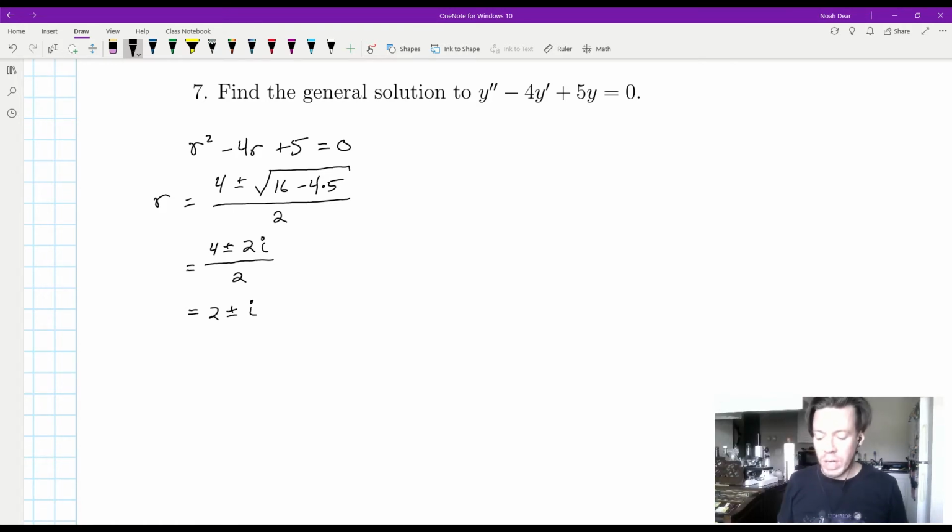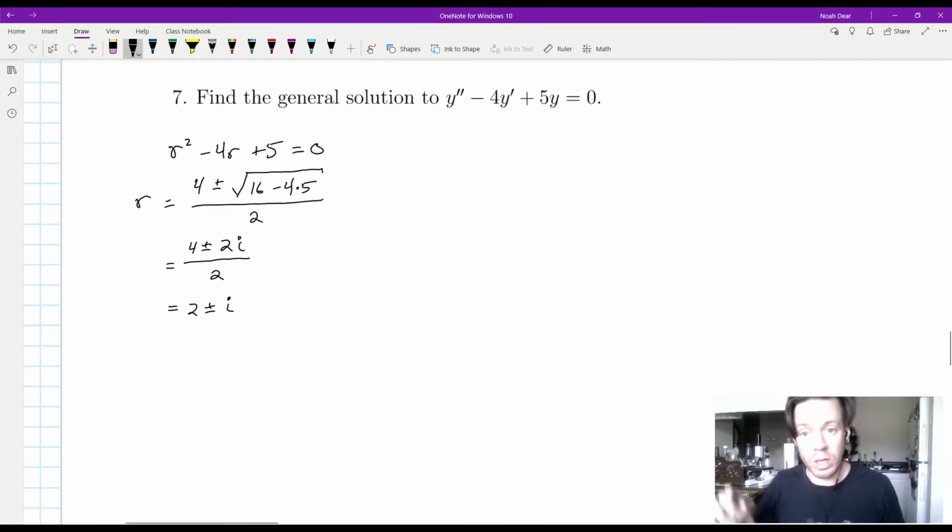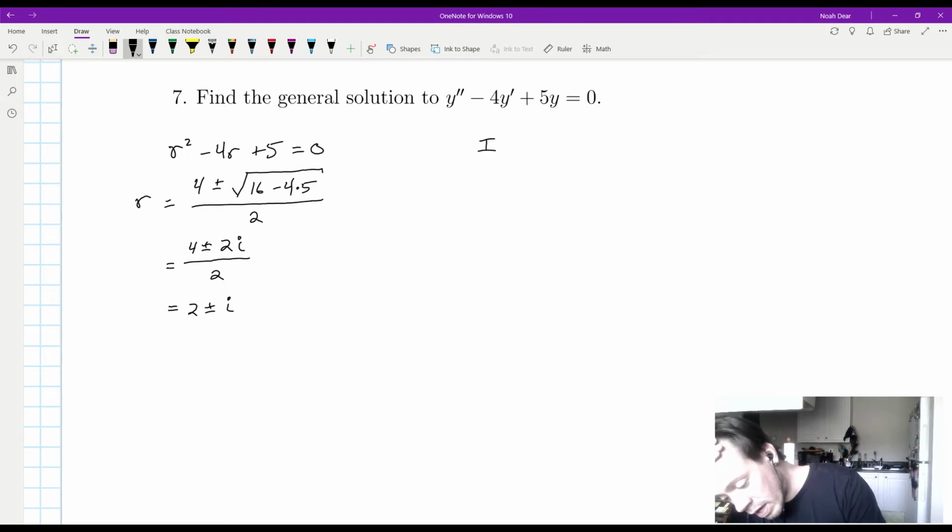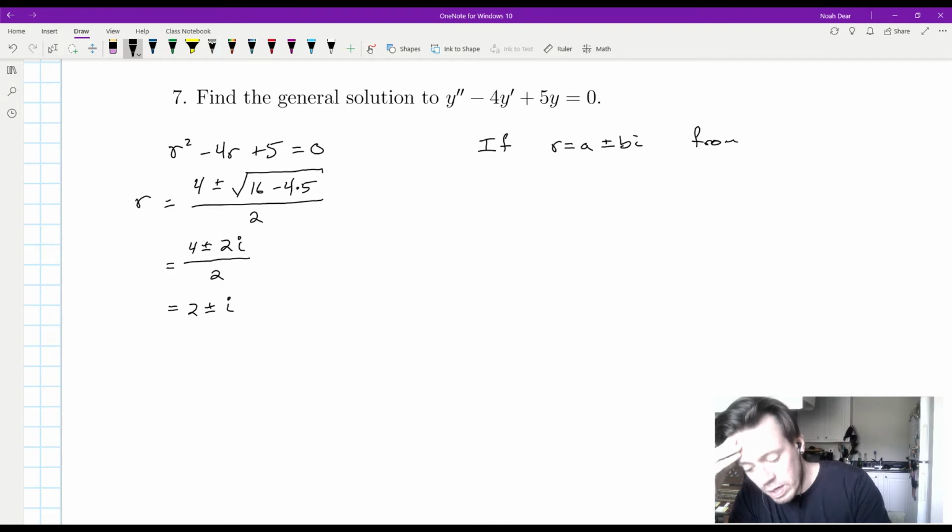For our introduction here, we're going to do a couple of things. We're going to say, what's the general form for a solution when we have complex solutions to the characteristic equation? And then we're going to use it for this specific problem and show that it works. Then I'm going to make a separate video showing where that general solution comes from and prove that it works, so that we don't have this one be too cluttered. So generally speaking, if we get r equals a plus or minus bi from our characteristic equation,